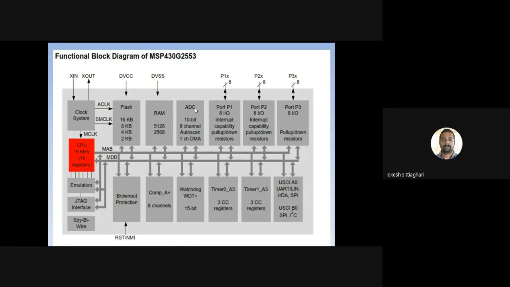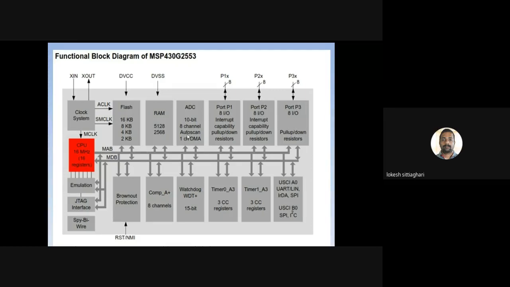Next, the peripherals. What peripherals do we have? Before going to the peripherals, I will go for this one, brownout protection. As I have told, we require brownout protection in order to protect against power variations. We need to protect the MSP430 from power variations. Whenever the power is less than the specified one, this circuit is activated and protects the entire system. That's how the brownout protection works.